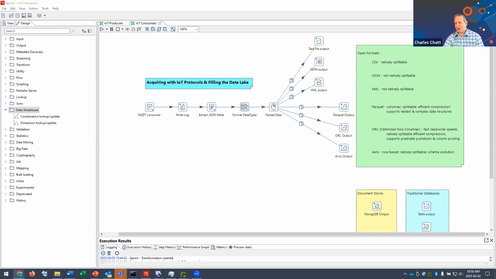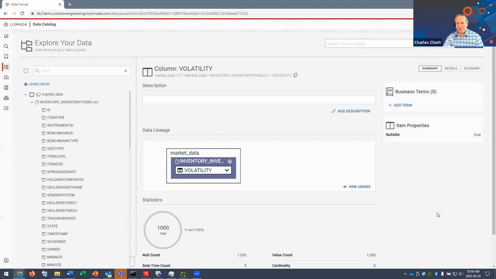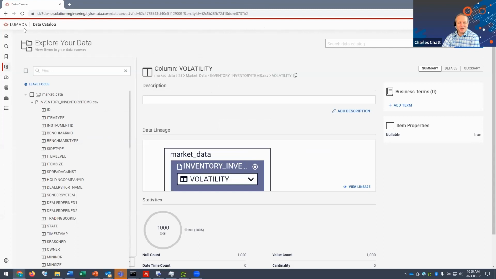The other pain point I think everyone has raised is, how do I find the context, right? So I'll pivot here and show our solution. It's the Lumada data catalog. You can think of this like a large metadata engine, right?